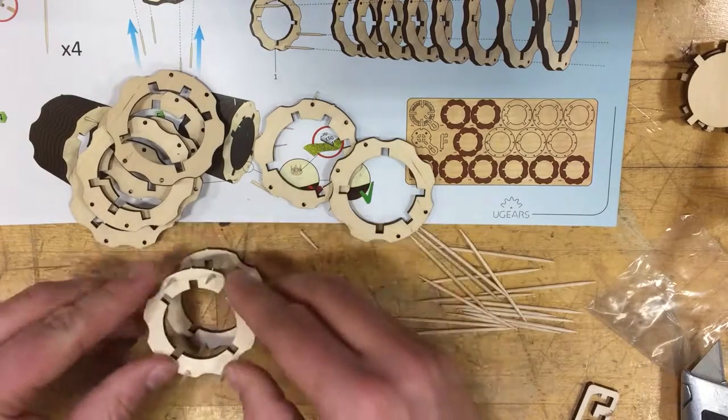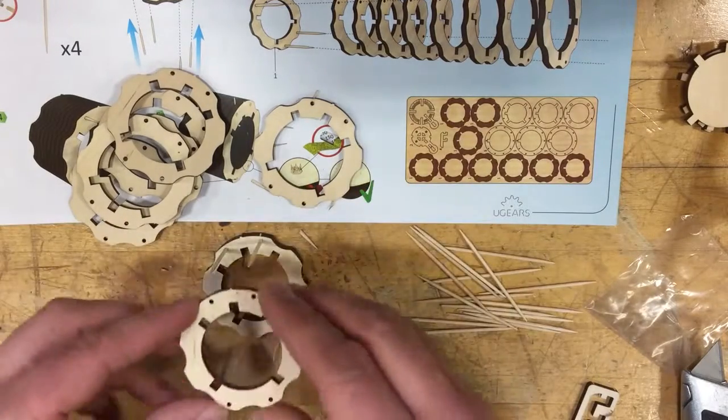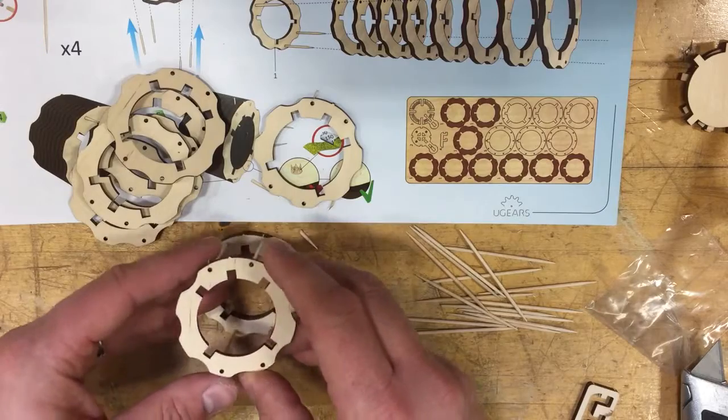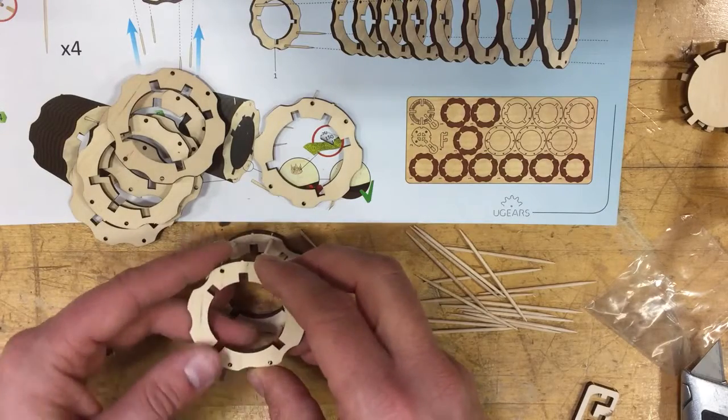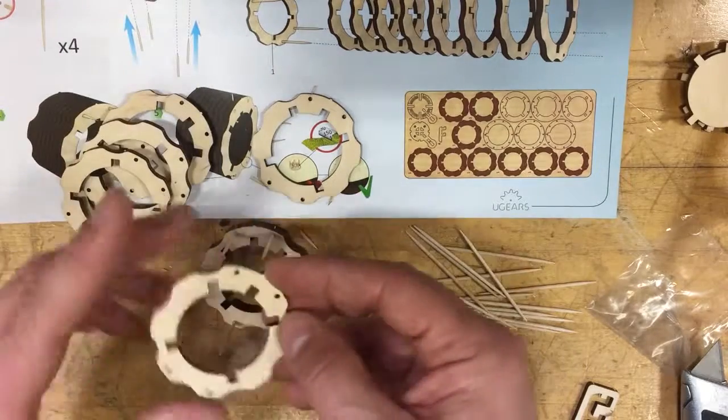So we got 4 pressure points, push them down. Every single piece should go in pretty easy. The holes are big enough for the toothpicks not to break. And 2,